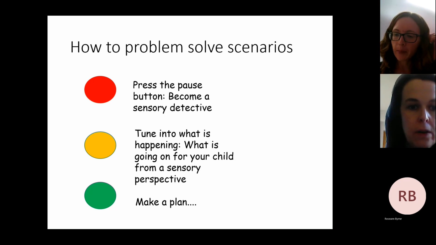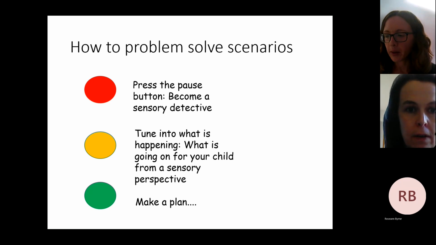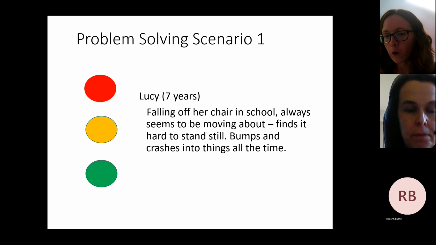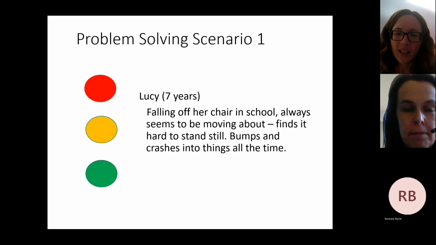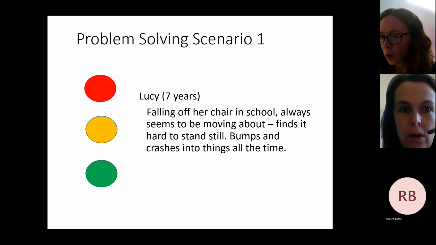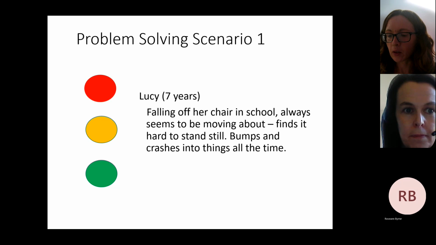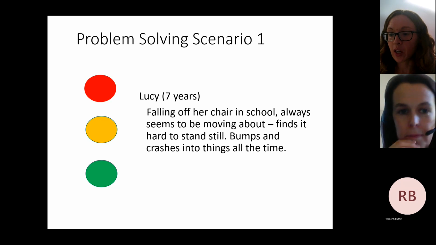Okay, so the example that we're going to talk about is a little girl, Lucy. She's falling off her chair at school, always seems to be moving about, finds it hard to sit still or to stand still, and she bumps into things and crashes all the time. So we're going to stop and think, first of all,